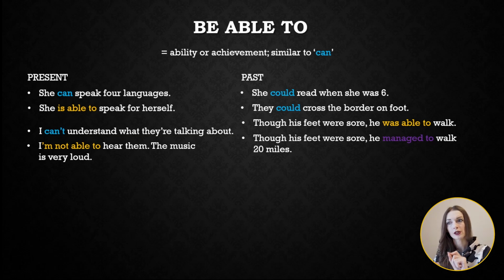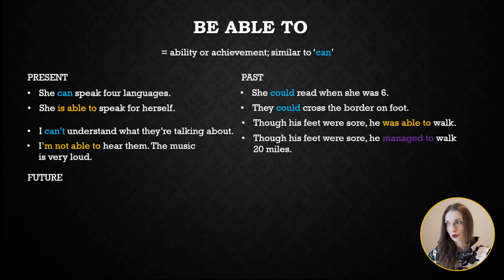Usually we use it with the clause that has though, although, despite of. So we talk about a situation which is difficult, which is challenging. And the last example, though his feet were sore, he managed to walk, not only stresses somebody's physical ability to perform an action, but also tells us that the action was a success. In the future,